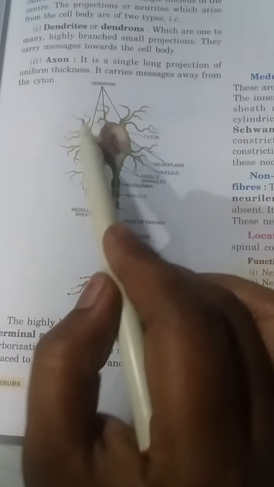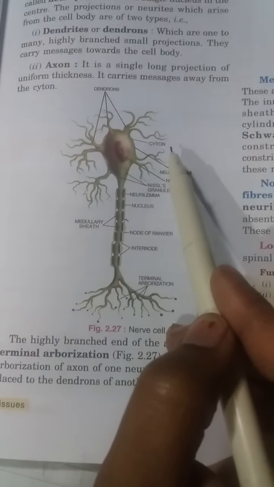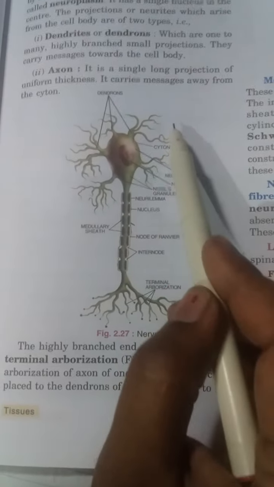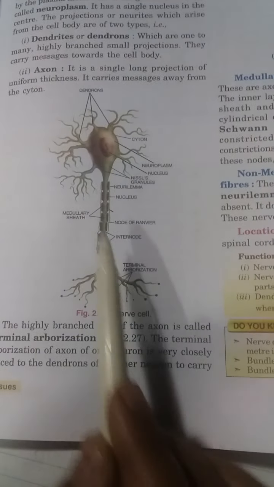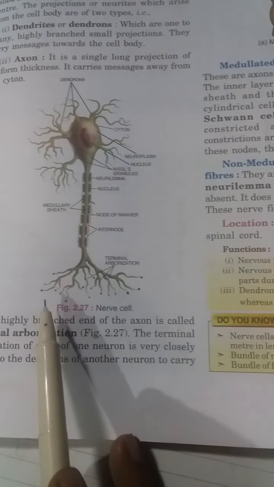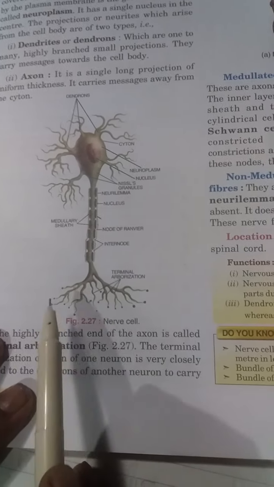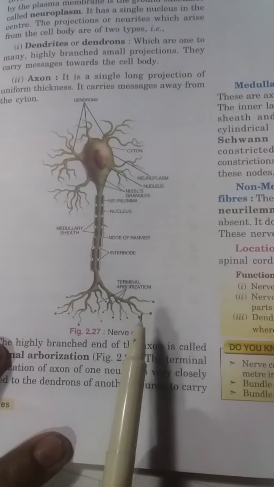These dendrites collect all the information from the sense organs, and then it is sent to the cell body. The cell body transmits it to the axon portion, and then it moves to the terminals. These terminals are attached to the muscles, and it orders the muscles to do the work according